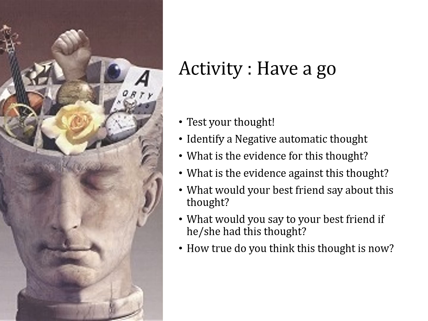You know, this is the reason why you shouldn't think this. And then I'll say to them, well, actually, how true do you think this thought is now? If you're saying that to your best friend, don't you also think this is something you should be saying to yourself? So when you have that negative automatic thought, let's write this down on a positive thought card. Let's reframe that and say, next time you have this thought, take out that card, take out that post-it note, take out your journal and read again what you would tell your best friend and say this to yourself.